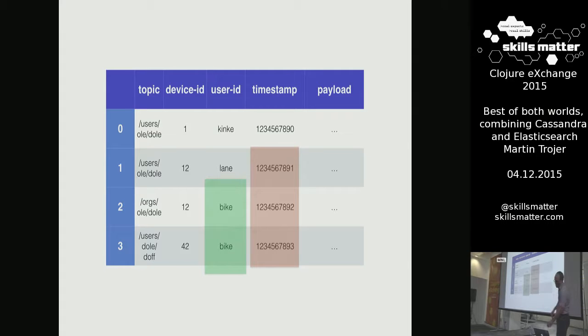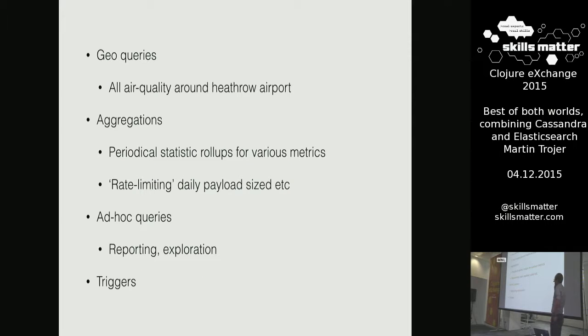So that's fine, but for the stuff I talked about, we actually want to do quite a bit more. Just this filtering is not really enough. We really want to do geo queries that I talked about, so you can pick out stuff in a polygon. We also want to do aggregations. So this is roll-ups of the data, like monthly averages or hourly averages.